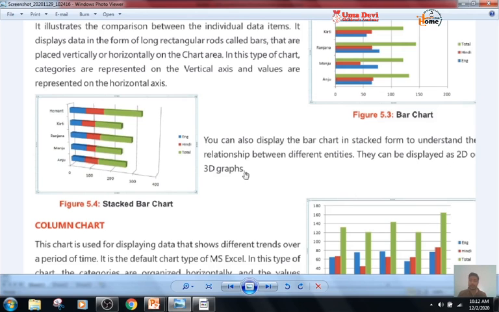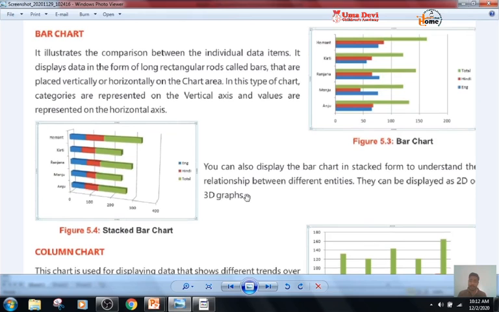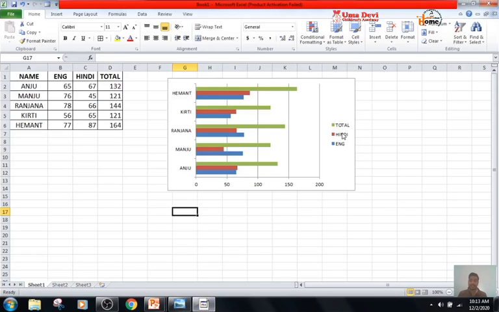Okay, so I am showing you now the bar chart. Okay, look at here. This is our bar chart. Okay, this is the vertical axis, the horizontal axis. In the vertical axis, we are having the category name. In the horizontal axis, we are having the values. Okay, so this one is our bar chart. Okay,